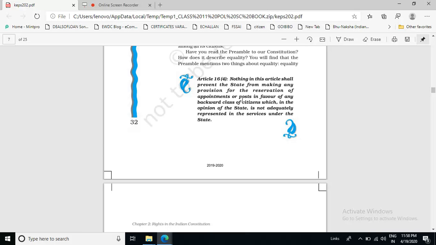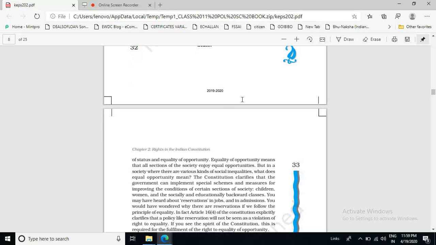It can reserve some seats in the government jobs and in the educational institutes for that class of society which it thinks is not adequately represented in the services or in the institutions. So it means the government has been given the right to reserve some seats for the backward class in government jobs and in educational institutions. Here you must know that this Article 16 Clause 4 is not against the equality of opportunity,